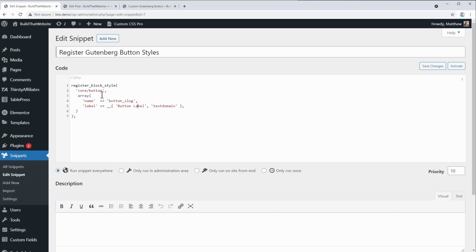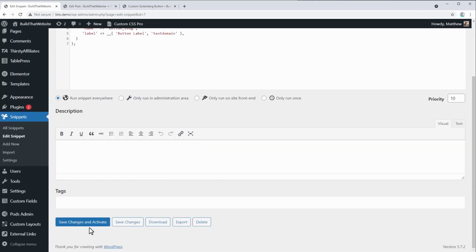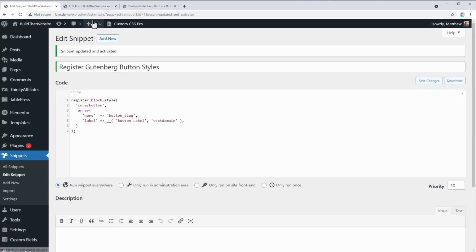So we're using a function called register_block_style, and this function takes a couple arguments. So first is we're registering a block style for the core button block, and then we're just passing an array, and this allows us to customize the name of the custom style that we're adding. So we can assign a slug to the button as well as a label, which will appear in the editor and the backend. And if we just activate the snippet, so I can save changes and activate,